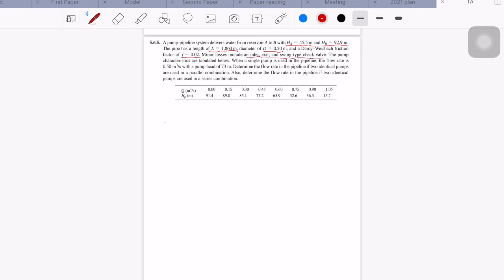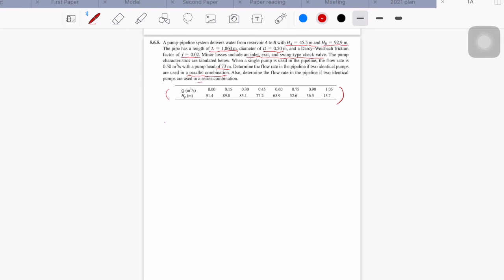And the problem also gave us the pump characteristics in this table. And when a single pump is used in the pipeline, the flow rate is 0.5 cubic meter per second with a pump head of 73 meter. And we need to determine the flow rate in the pipeline if two identical pumps are used in a parallel combination. And also we need to determine the flow rate in the pipeline if two identical pumps are used in